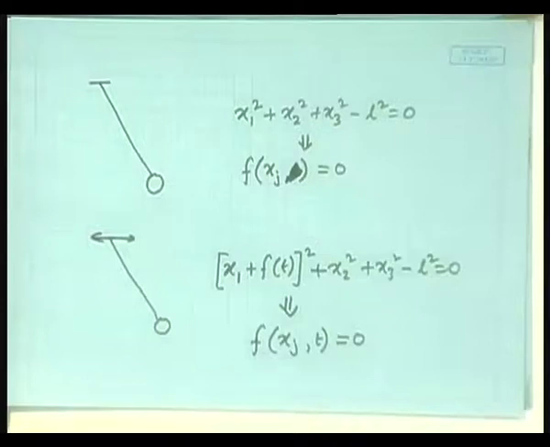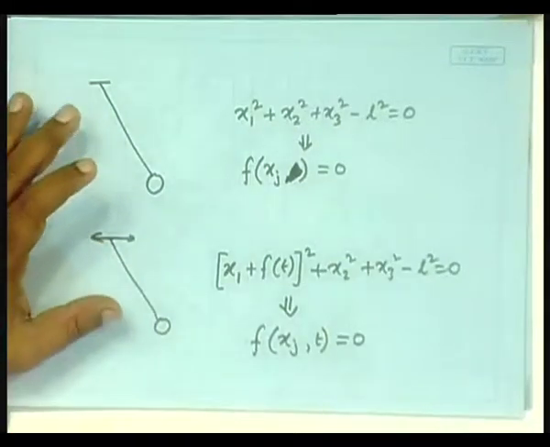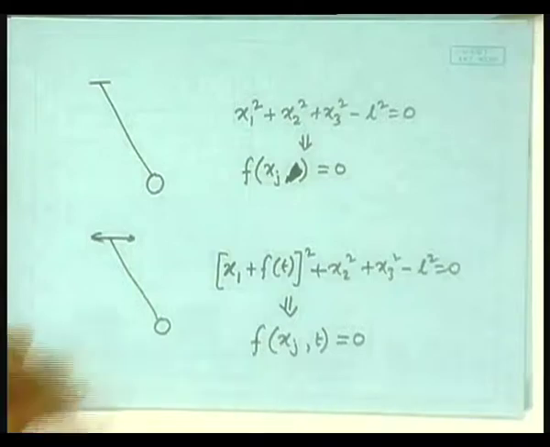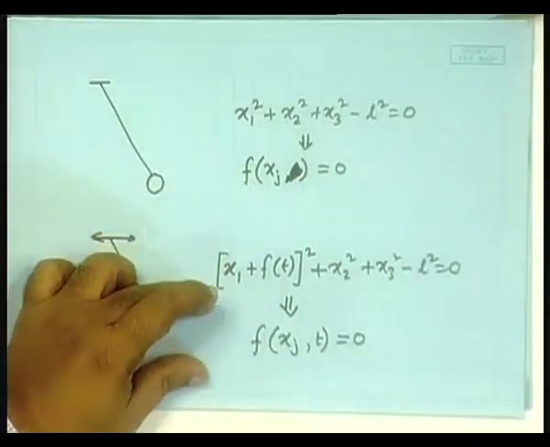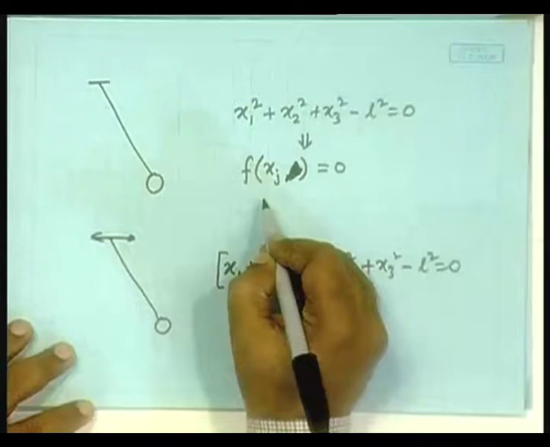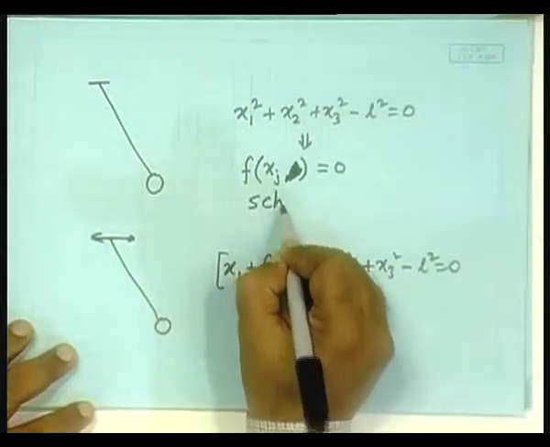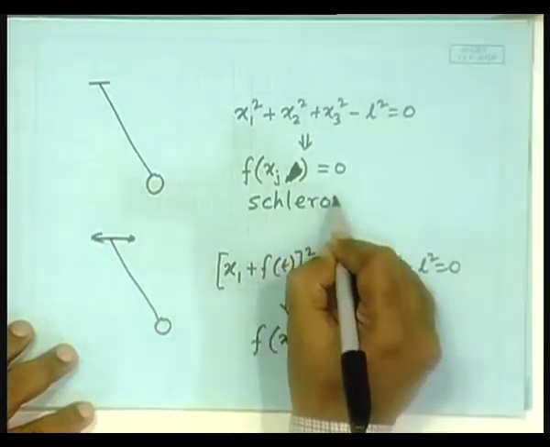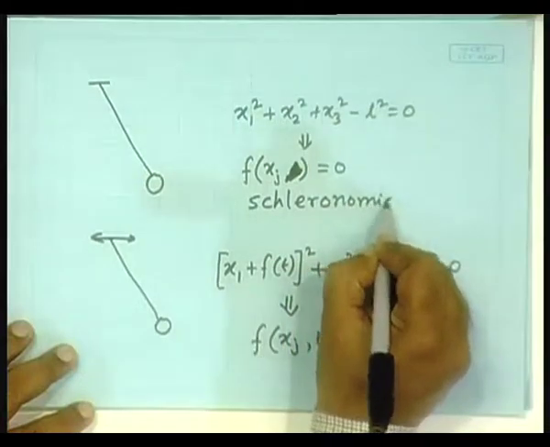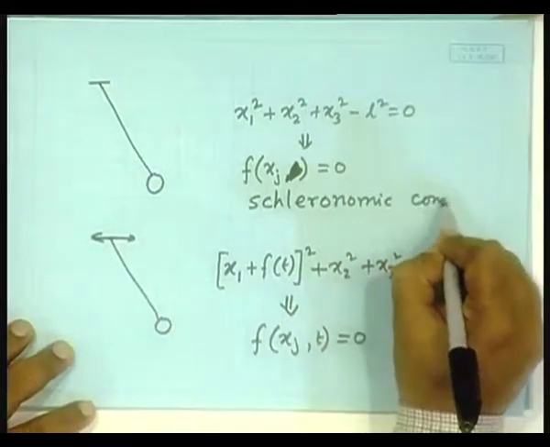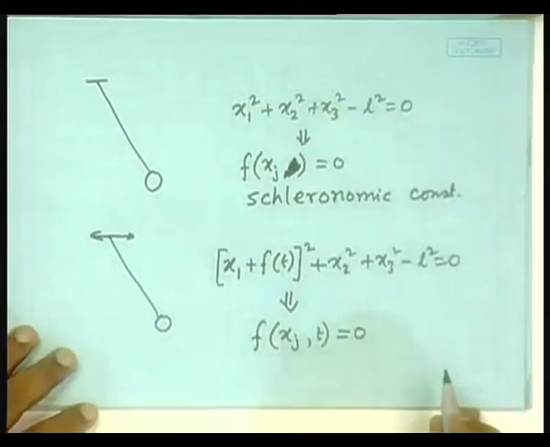They actually have some names. You will find in textbooks that this has a name, that has a name. This name is scleronomic constraint, and this name is